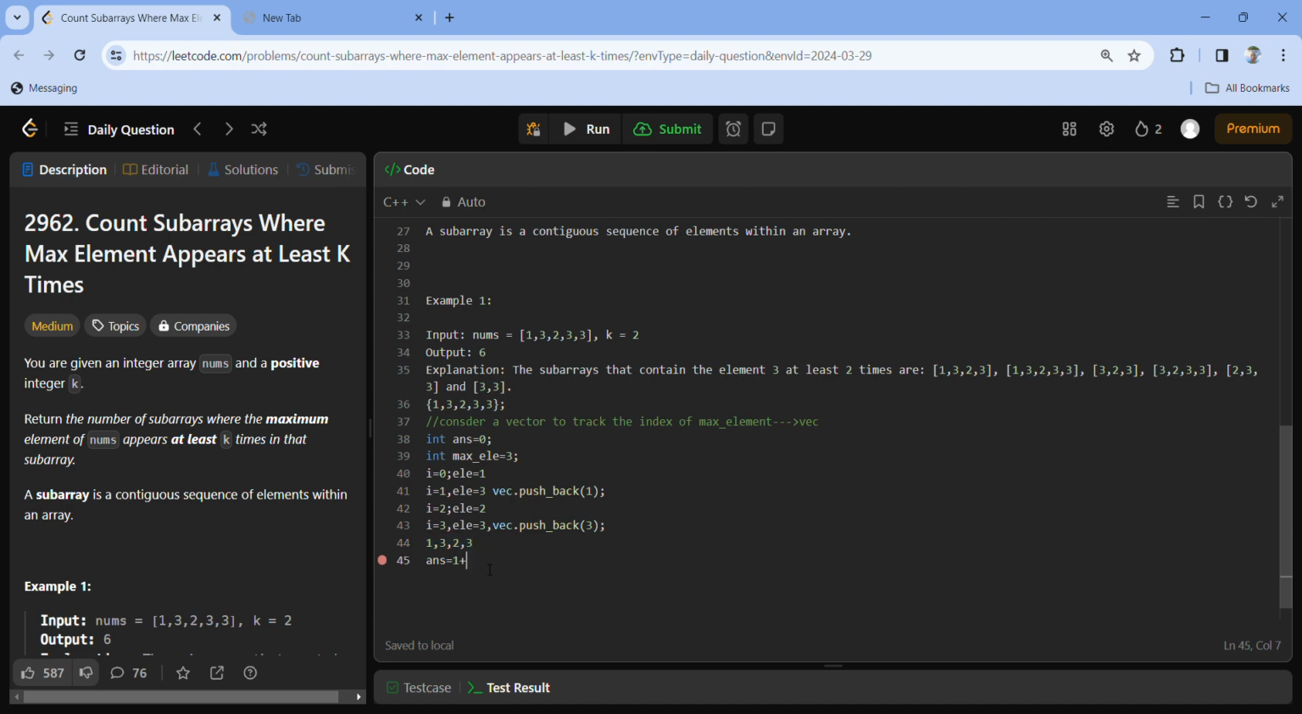So how can I find the elements which are present before the first maximum element? I can do it by using the vector. What is the size of this vector? Size minus k, right? So what it will give: it is equal to 1 plus vector of size minus k. The vector size is equal to 2, and 2 minus 2 is equal to 0. Vector of 0, 1 plus,